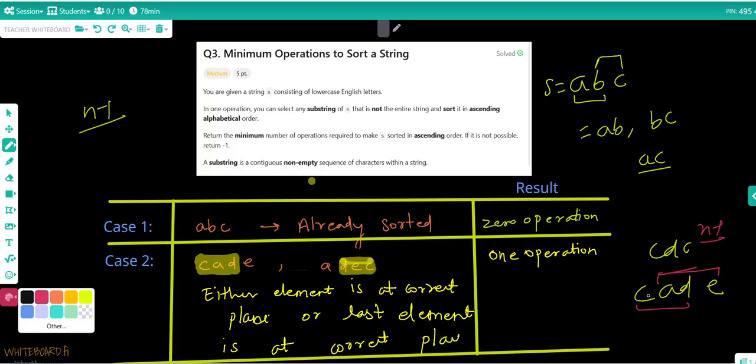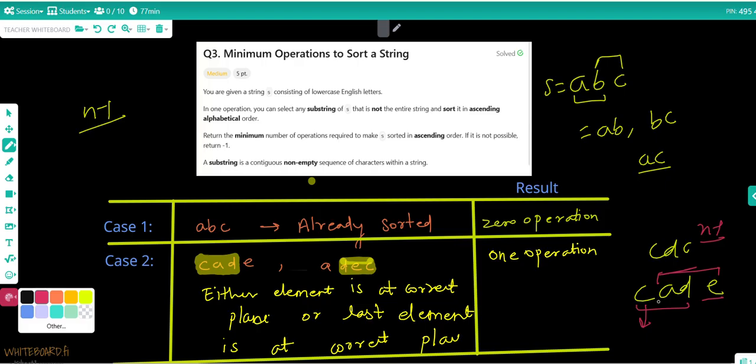So when will the string become sorted if you sort either the left part or the right part? Only when either the first character is placed at the correct position, or the maximum element is placed at the end.